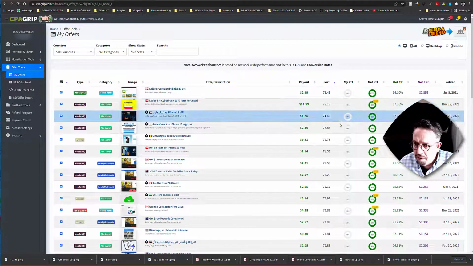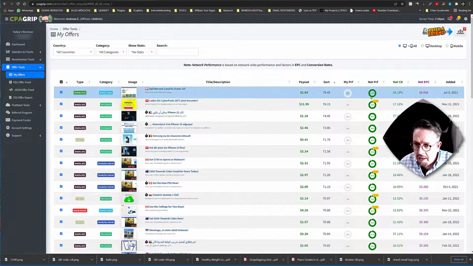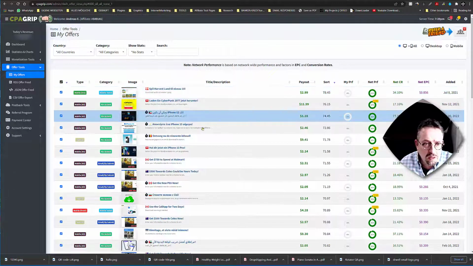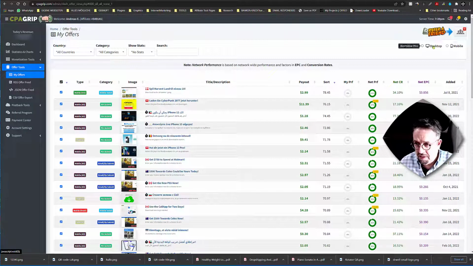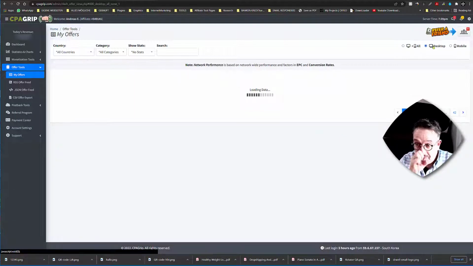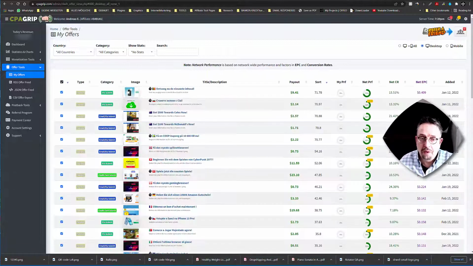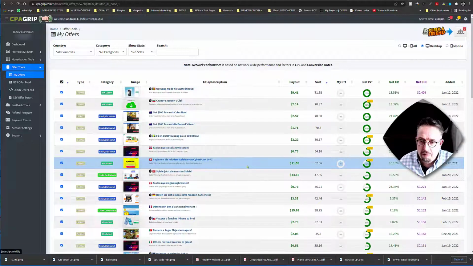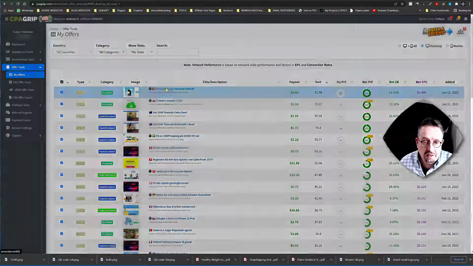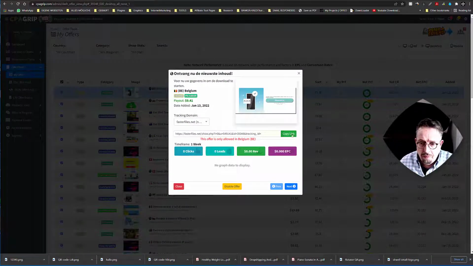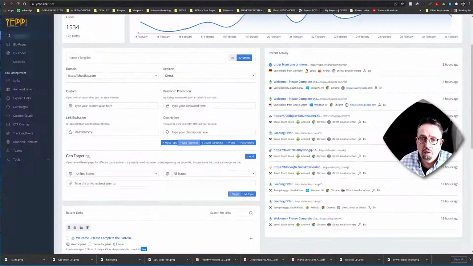I have already filtered the offers by network performance. And I can even filter by, let's say, device. Let's say we're just filtering out the desktop offers. Okay, so here we are. Now we have every desktop offer. So this one is from Belgium, I guess. Yes. Okay, let's click on this and copy the link into our clipboard and head over to our